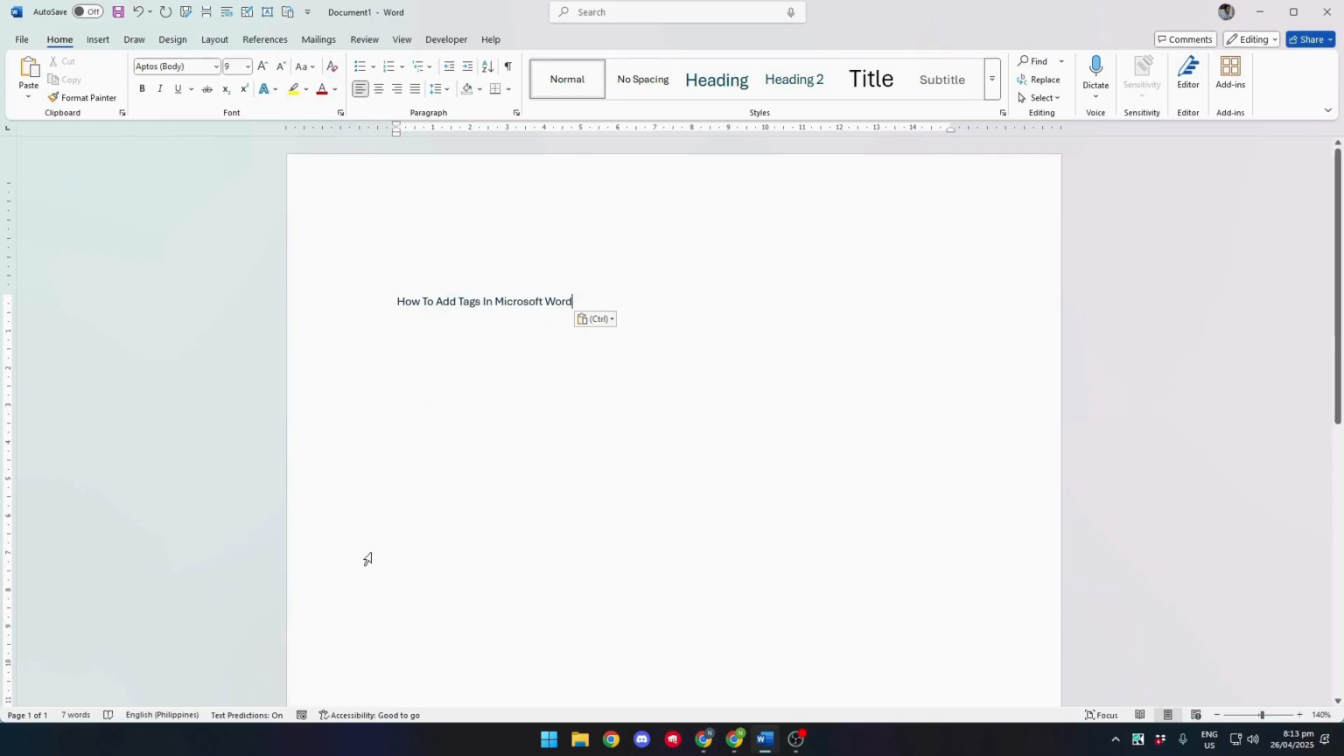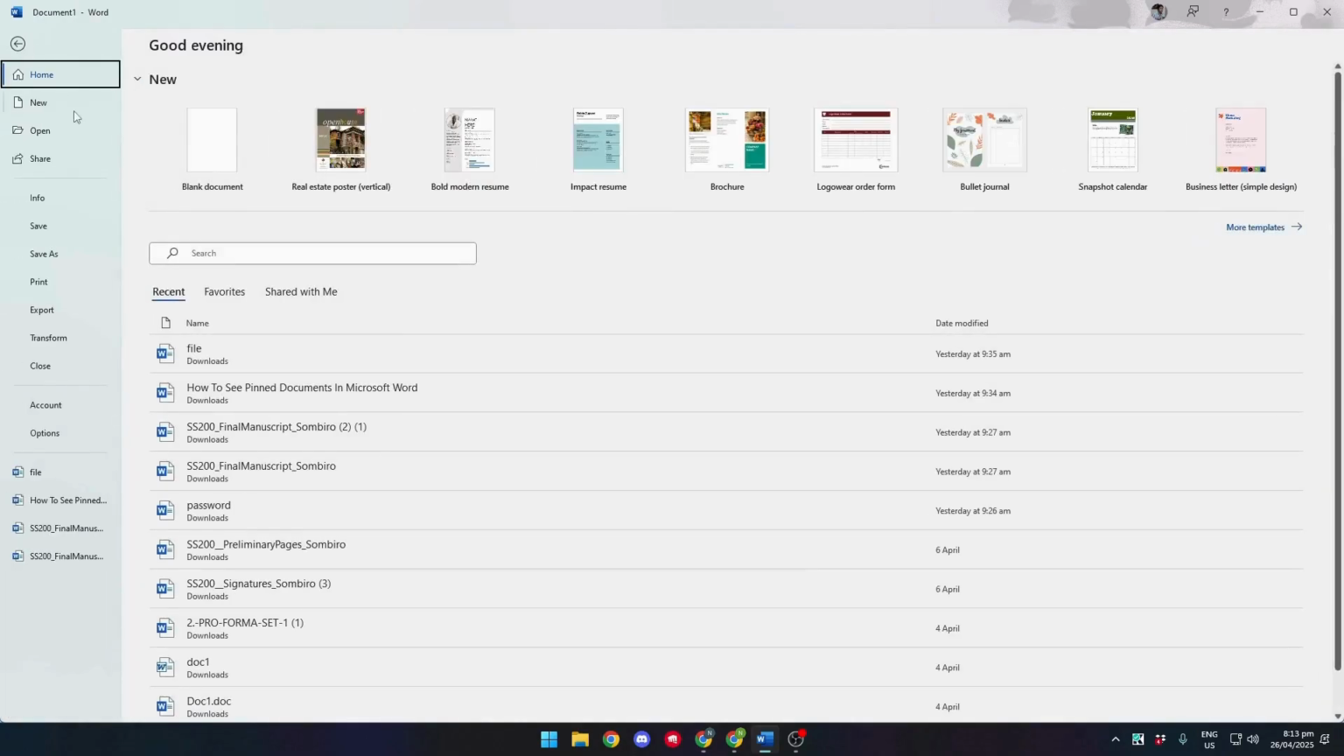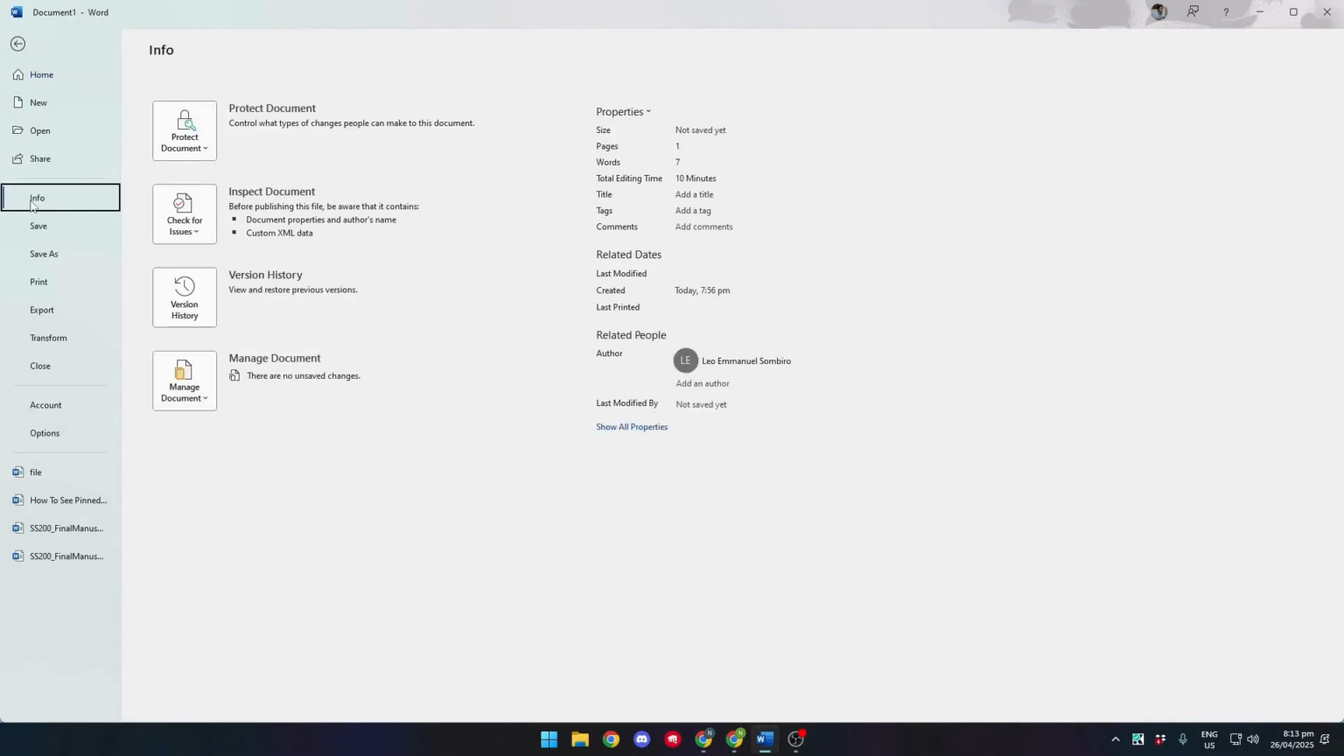So to add tags to your document, first click on the File tab, and from here, click on Info, and you should be able to see the properties of your document right here. Now, you should be able to find tags up here, and simply click on this box to add a tag. So for example, we want to add random tags,